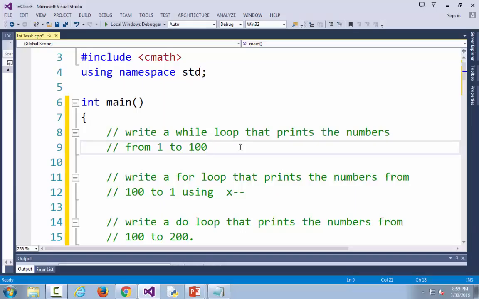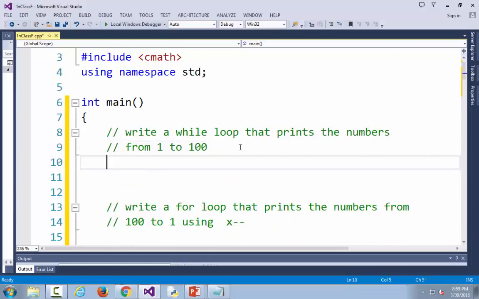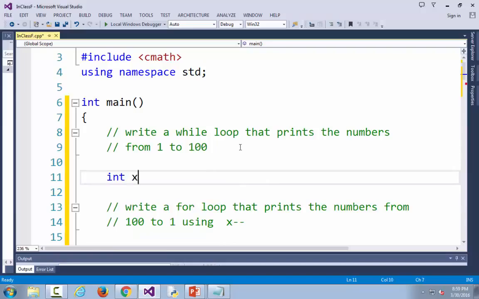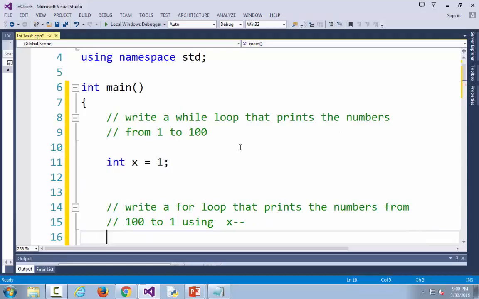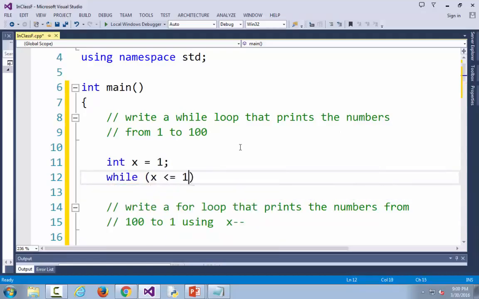Write a while loop that prints the numbers from 1 to 100. Okay. I need a counter. I'm just going to call it C for counter. Do you want me to go across the page or down the page? For X. Doesn't matter, really. Okay, so I have my counter. I'm initializing it to 1, because this is our while loop, X. While X is less than or equal to 100,